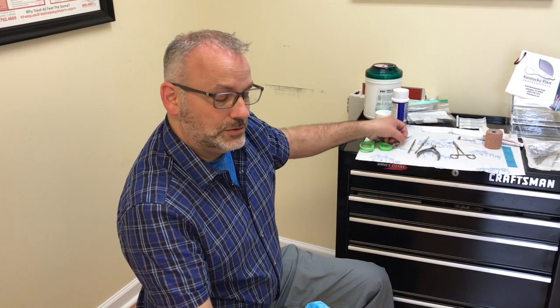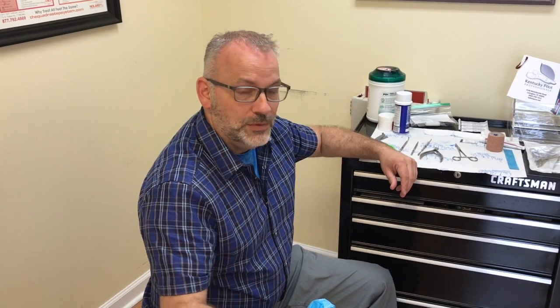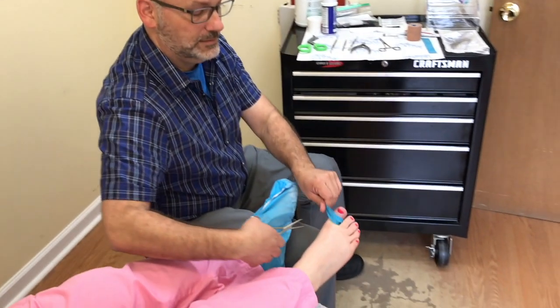So we can always ensure that we've removed all of the aggravating piece of the nail, get all that out of here. Then we always rinse at the end with alcohol or saline or betadine, just to make sure that's nice and clean in the groove. We then remove the tourniquet,